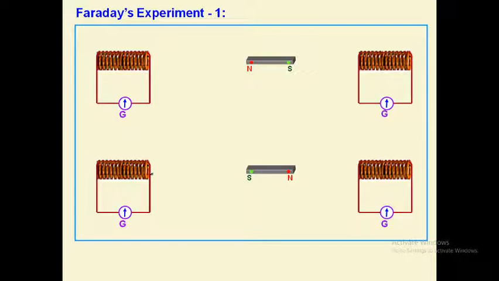So let us see the first case. In first case, you can see there are two coils and a magnet where you can see the north and south poles. In both the coils, a galvanometer is attached. This galvanometer can detect the presence of current, if any. And please see, there is no source of EMF. No battery is connected. So if at all current will come, it will be due to the magnet. So let us see what is going to happen in this experiment.